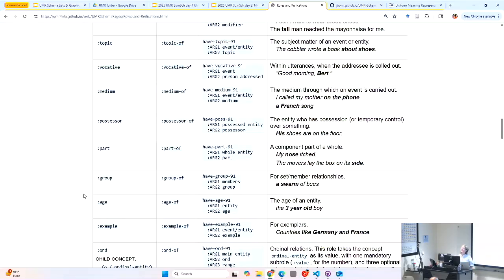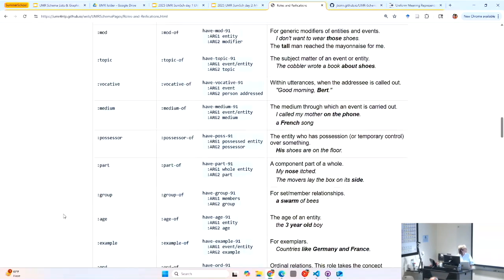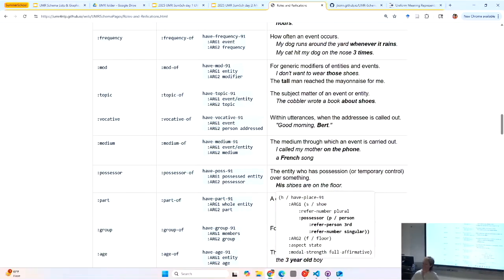Sorry. Instead of his shoes, if we use, for example, his calling, without control relationship, is it still a possessor-possessee relationship? If we put in place of shoes, it's verbal now. His calling. He's being called, maybe. So if there is no control of him over calling, so it's a control relationship,